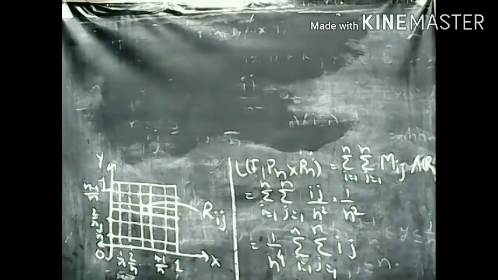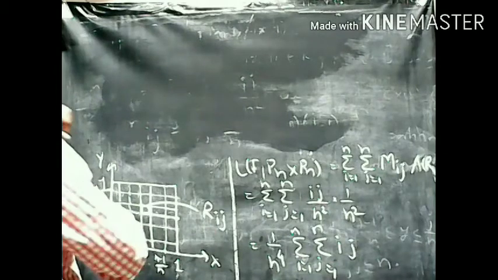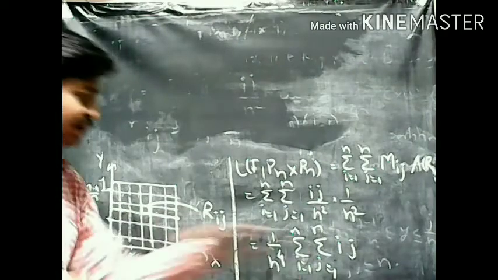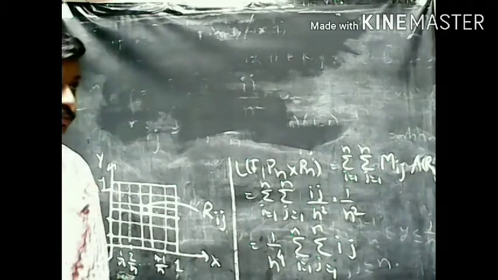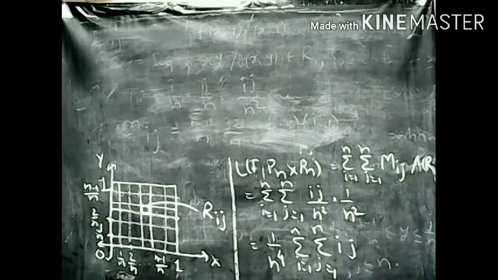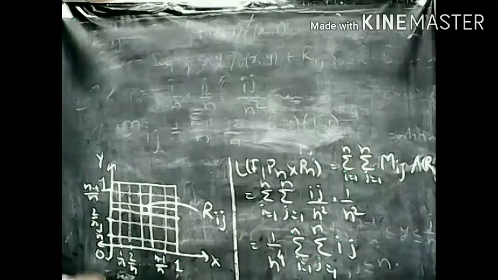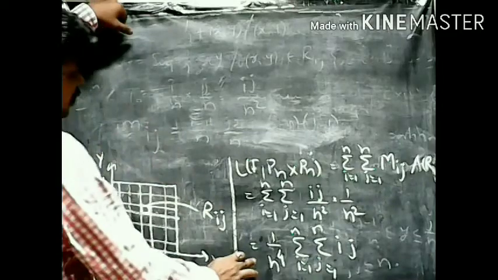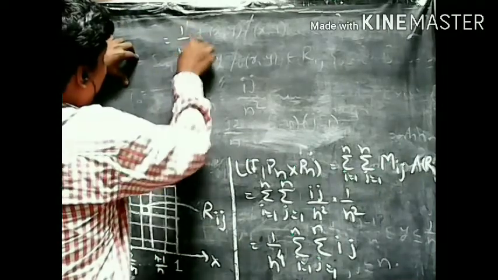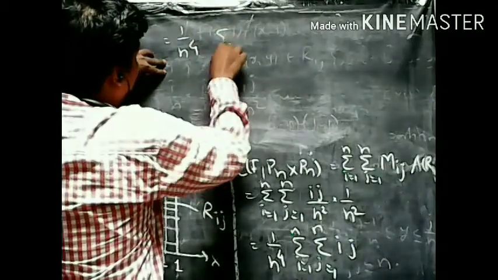So what is its value? Take a pause and think on this. How will you compute this double sum? Okay, so the sum is equal to 1 by n raised to 4 times the summation over i from 1 to